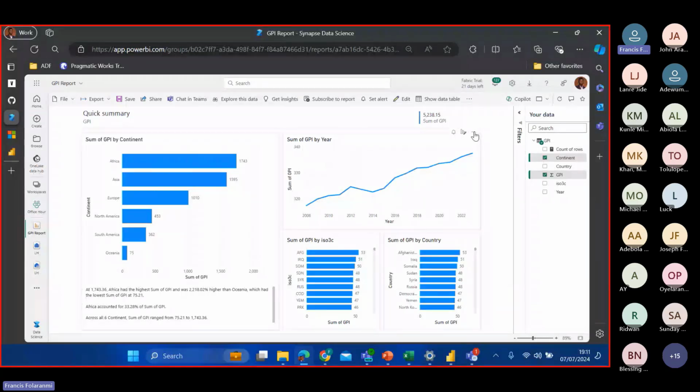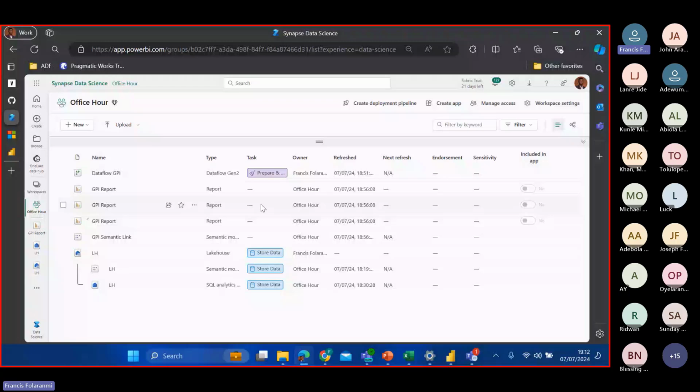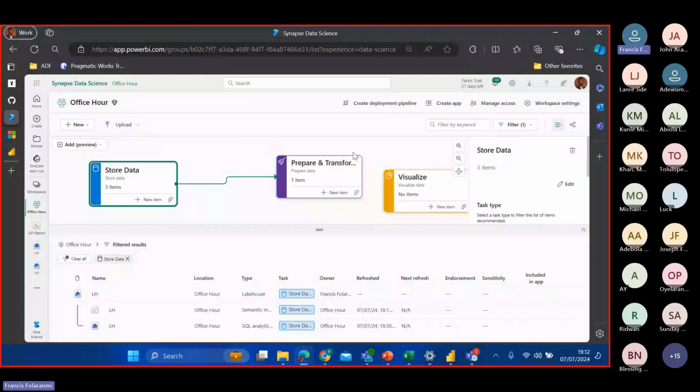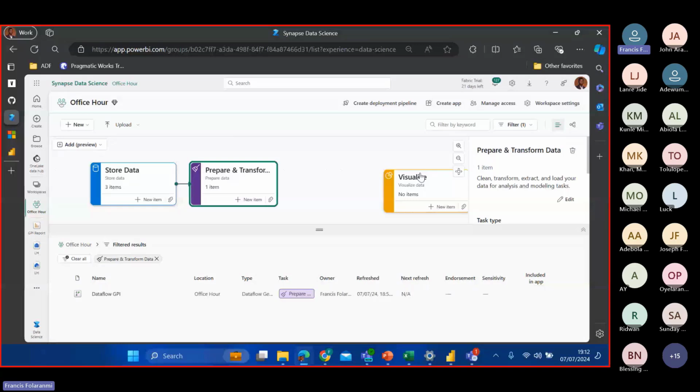It's about 3 versions of it. But anyway, let me just open up our task flow so I can add a new item now, which is visualize data. I can then drop it right in front here and use this to arrange it. Then over here, where I see this green, I drag and drop into this. So from the data that we stored in our lakehouse to what we prepare with dataflow, and then we visualize.